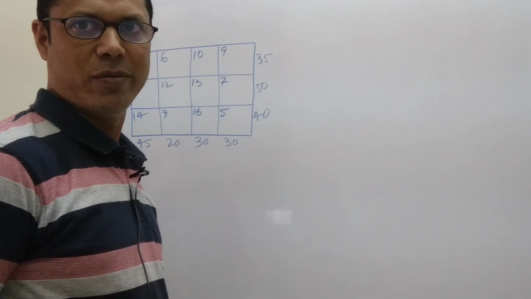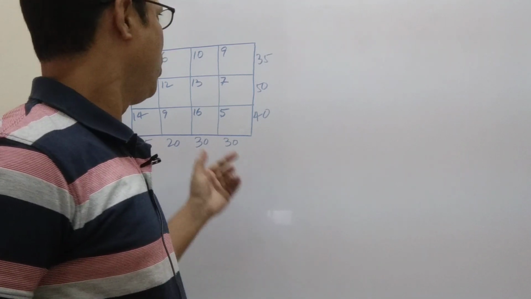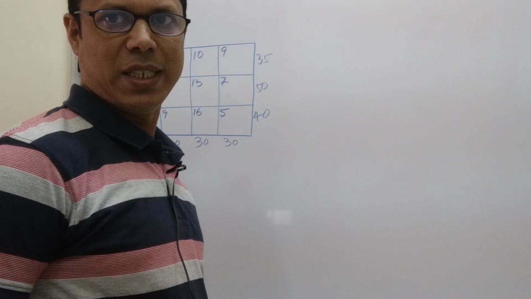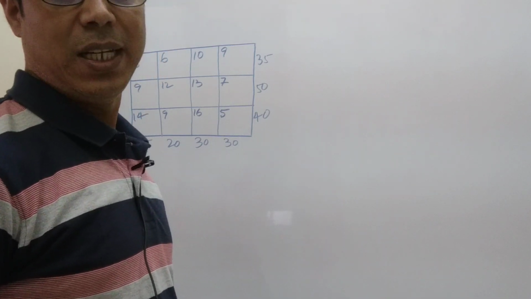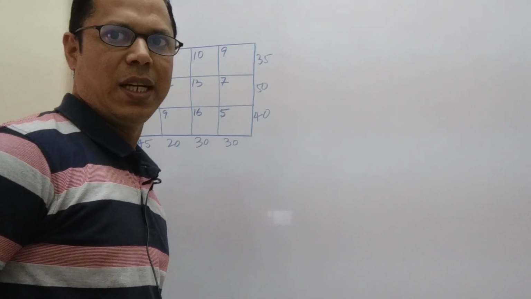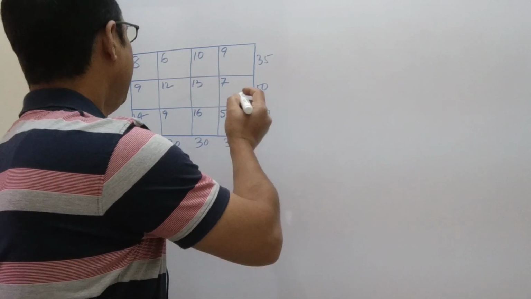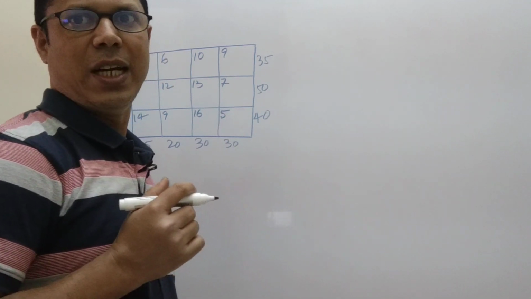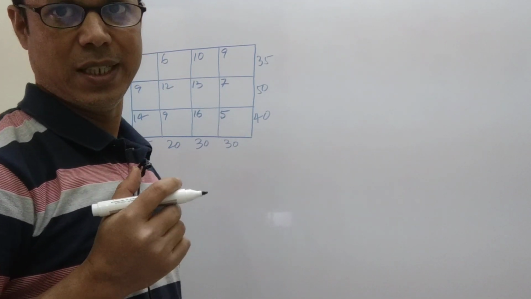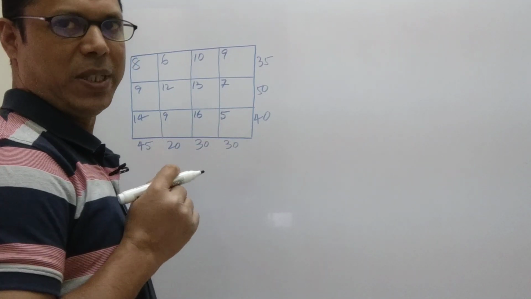Here I am going to solve this problem, the same problem already solved in part 3, by using the UV method. In part 3 I applied the stepping stone method to find the optimal solution. Here I am going to apply the UV method to find the optimal solution. This is also a very easy method, so just see how to apply the UV method, how to get the solutions, and how to ensure that the solution is itself optimal. All these steps I am going to explain in detail.